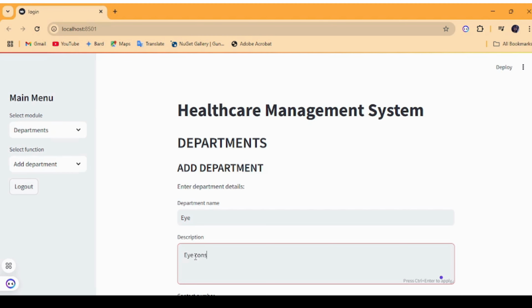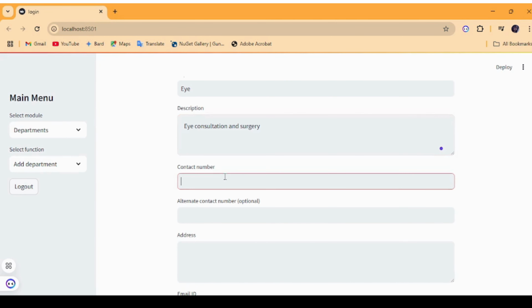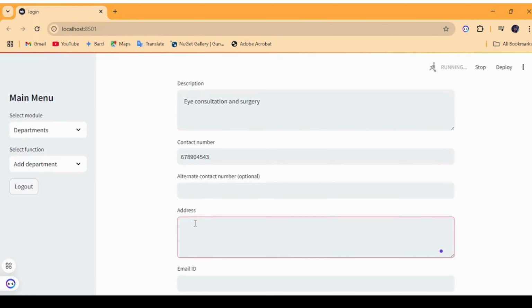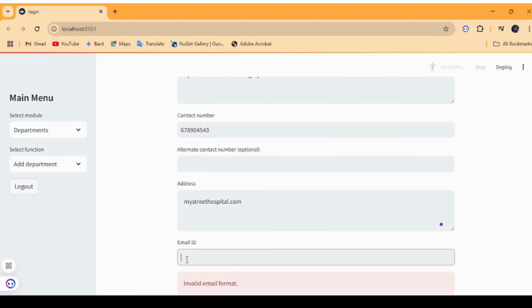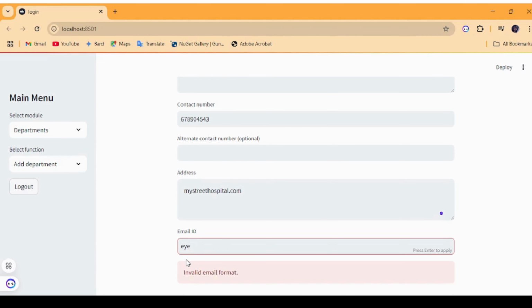An admin can add departments, edit departments, update departments, delete departments, add patients, delete patients, update patient information, and add a doctor, delete a doctor, update a doctor's information. So we're on adding a department,